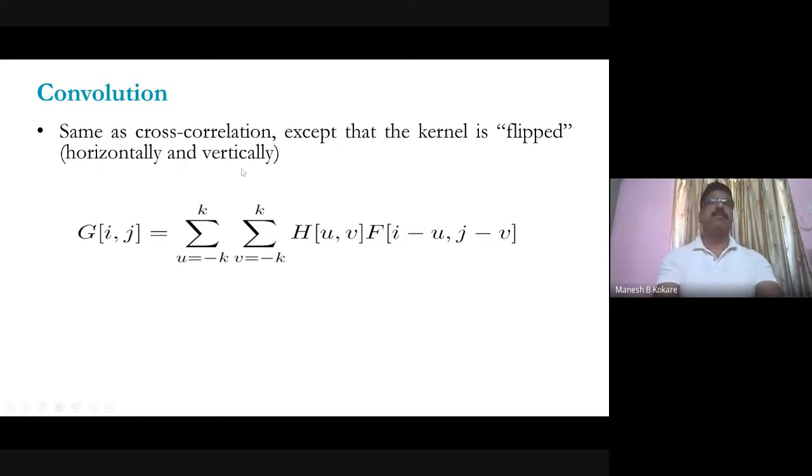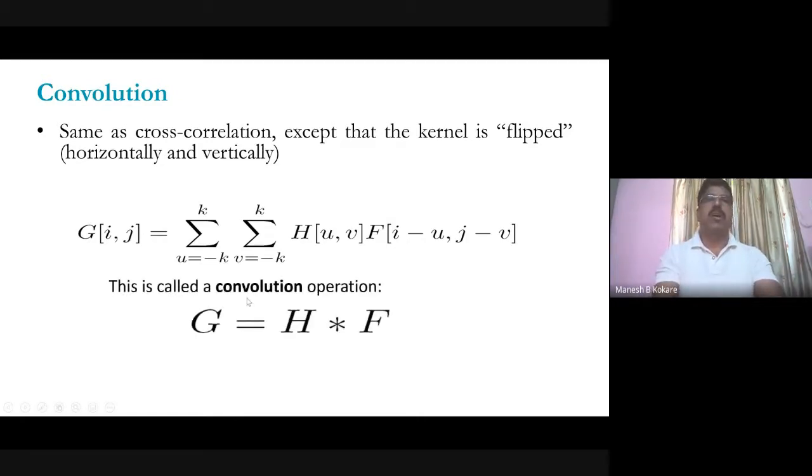Now, the mathematical equation of this convolution will be like this. As I told you, this summation will be talking about the rows, this summation operation for the columns, and this is basically the filter weights, and this is nothing but the pixel under consideration of the image. So for that entire window, you are doing multiplication of the weight of this filter with the intensity of that location of that image, and then you have to add, and you have to repeat that for the entire window which is under consideration.